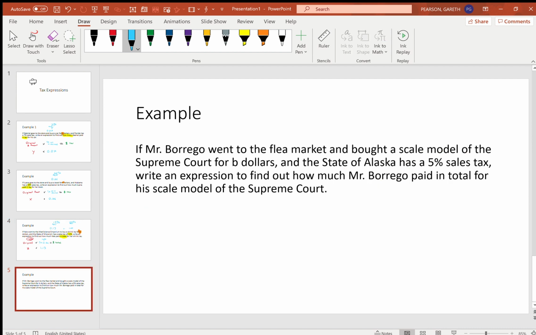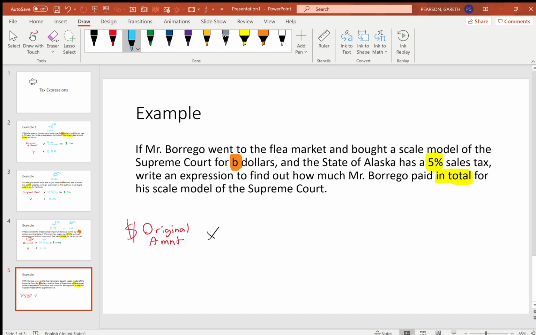Okay, if Mr. Borrego went to the flea market and he bought a scale model of the Supreme Court for $B, and the state of Alaska has a 5% sales tax, write an expression to find out how much Mr. Borrego paid in total for his scale of the Supreme Court model. So once again, I'm going to set it up. No math, all I have to do is set it up. My original amount in dollars